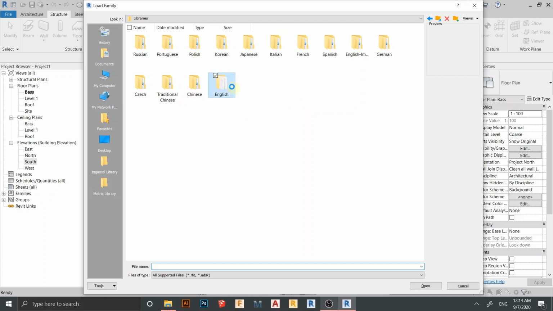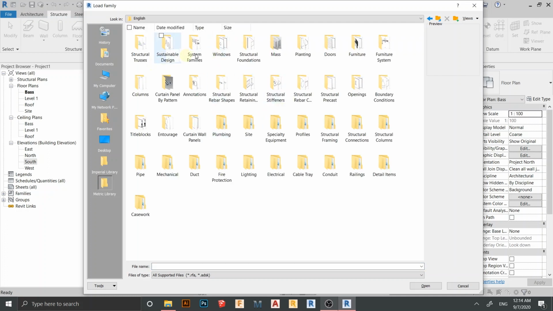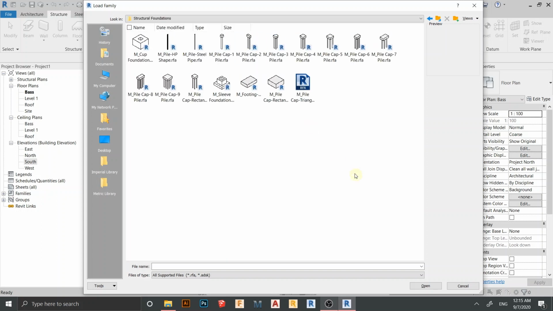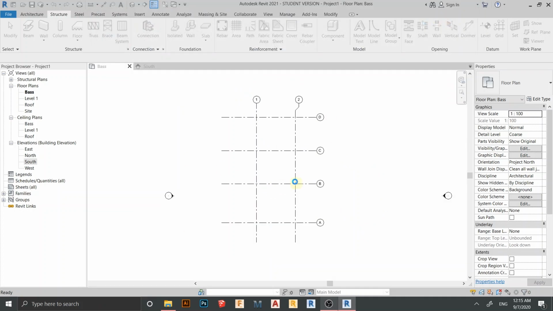Okay, wait, English, this one English. Then I'm finding the structural foundation. Let me take a look. Okay, this one is the structural foundation, and I just want a square one, a rectangle one. It's open,